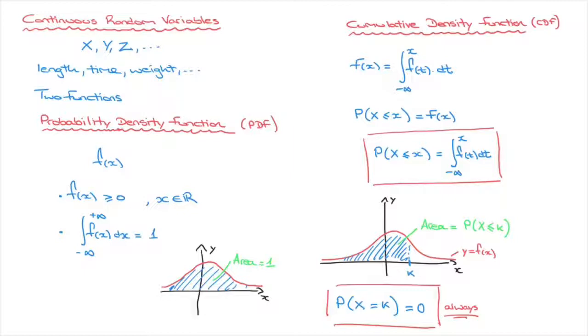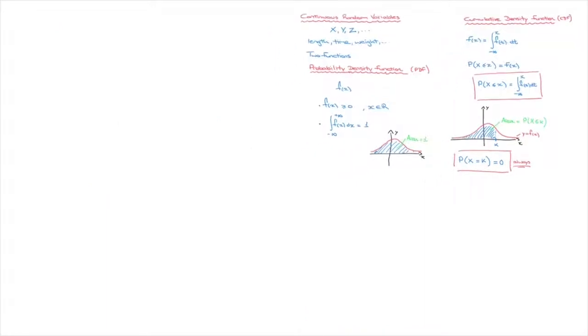Okay, now let's go ahead and look at a quick example with an actual probability density function and how that's integrated to define the cumulative density function to calculate the probability that the continuous random variable be less than or equal to some value. I'll start by making a bit of space. There we go. As an example, let's say we're dealing with a continuous random variable, which we'll call capital X,